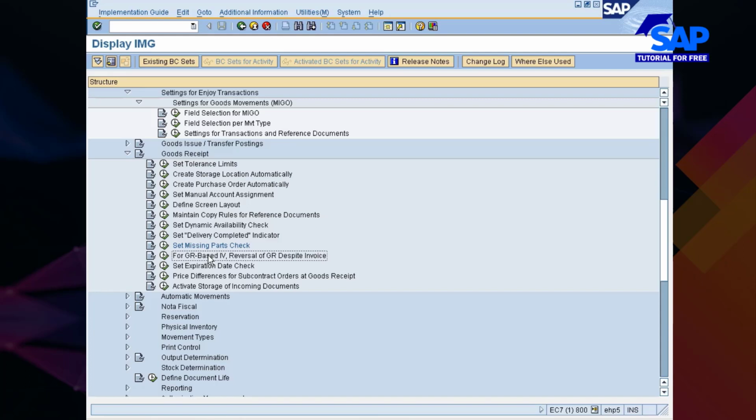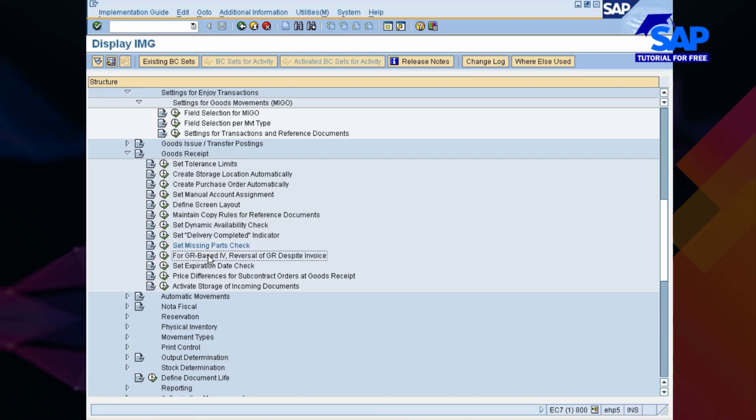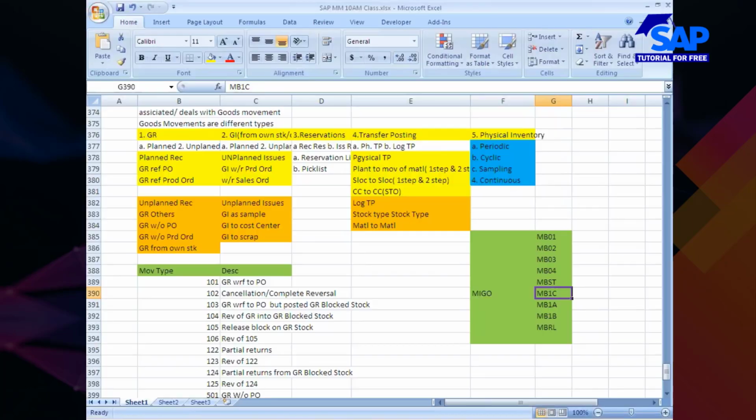You tell me how to correct that mistake in the goods receipt. If there are a number of items, you can delete, you can modify the quantity in the reversal transaction. Otherwise, if it is a single item, we have to reverse it.